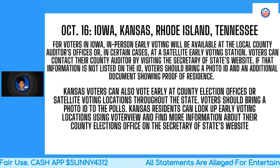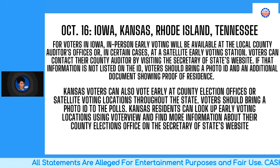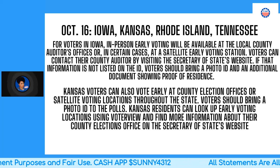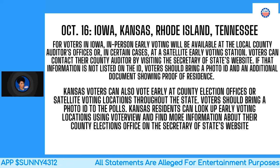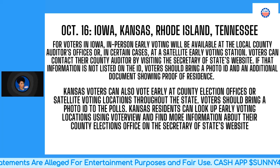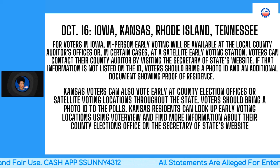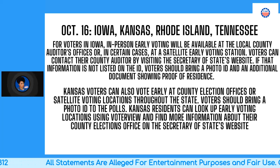October 16th: Iowa, Kansas, Rhode Island, and Tennessee. For voters in Iowa, in-person early voting will be available at the local county auditor's offices or, in certain cases, at a satellite early voting station. Voters can contact their county auditor by visiting the Secretary of State's website. If that information is not listed on the ID, voters should bring a photo ID and additional document showing proof